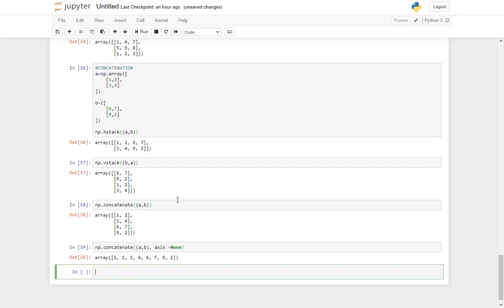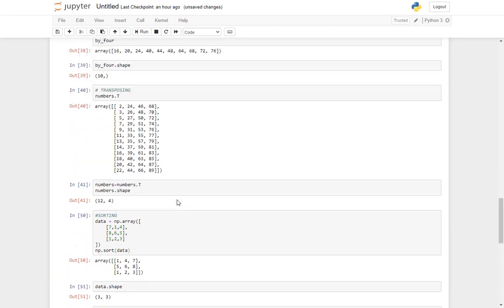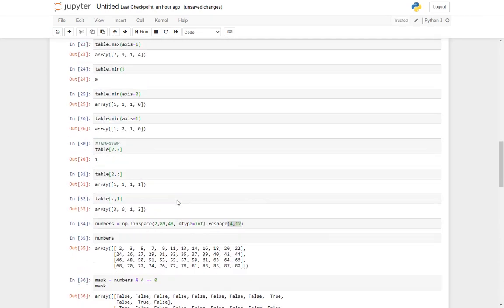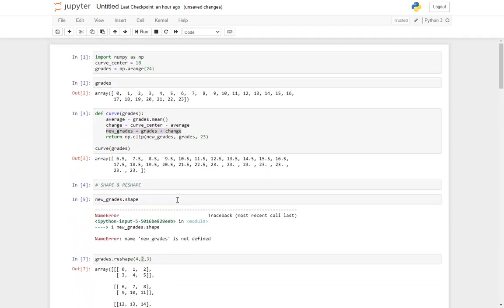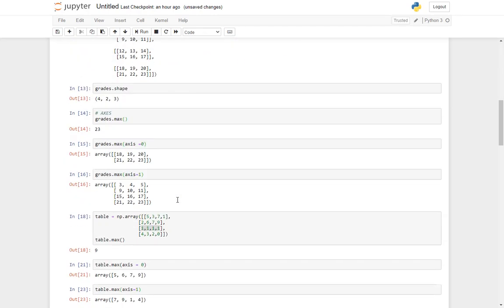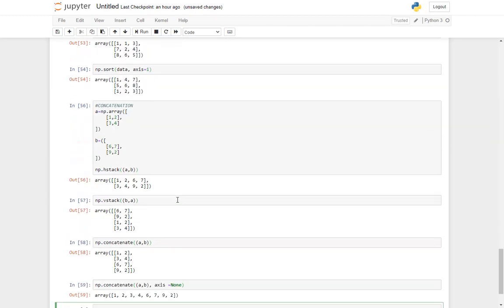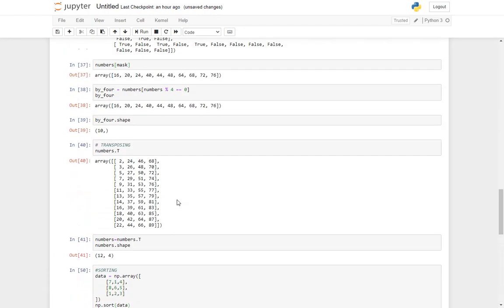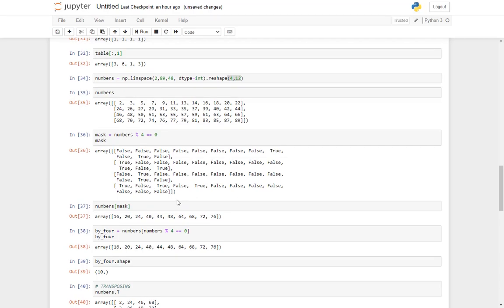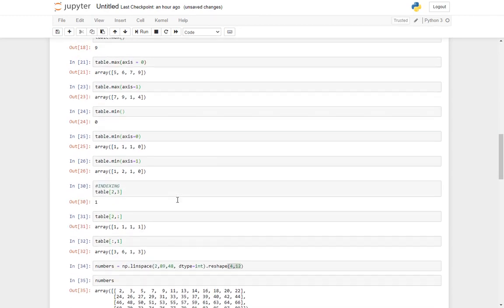Alright, so this will comprise your first practical. These are certain basic functions in NumPy which you have to try out on your own data. Here I have generated the data and I have worked with that. You will have to work on your own data. You have to concatenate arrays, you have to sort them, you have to work with the index, you have to generate masks and apply the masks on your data.